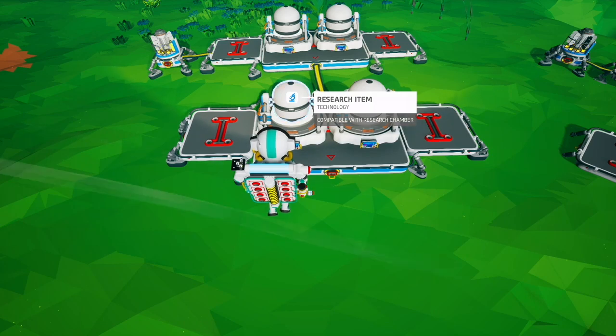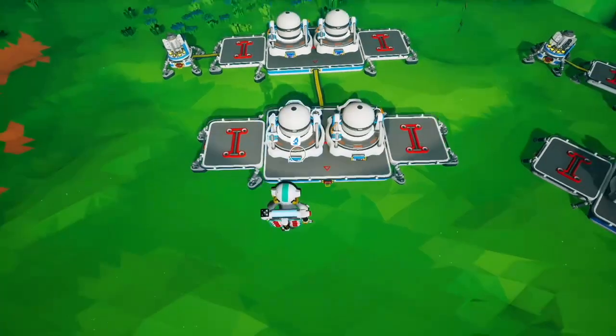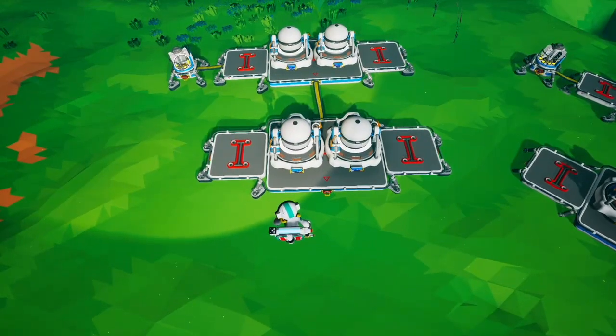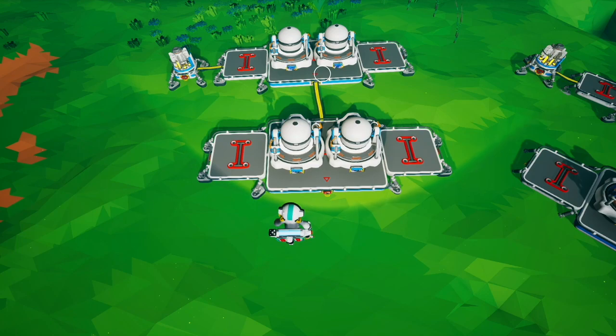So, in this video, I'm gonna break down what that actually means and how it actually works with a couple of examples. So here we have an RTG which generates 4 power going into 2 platforms connected by a normal power